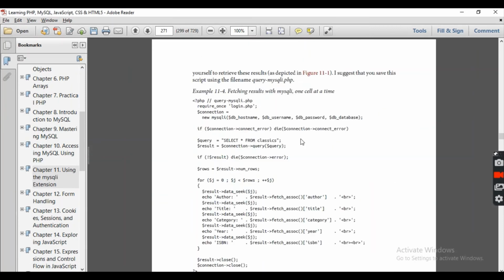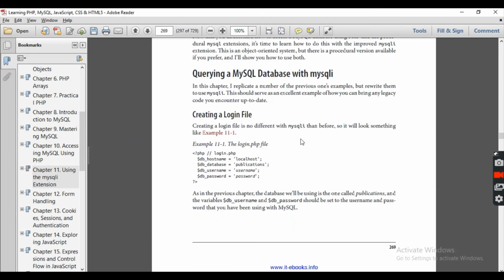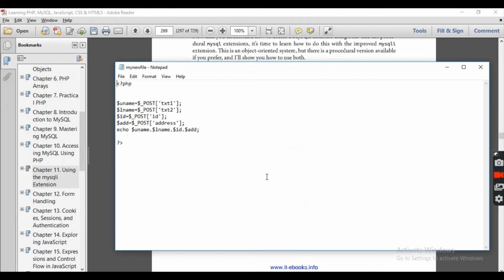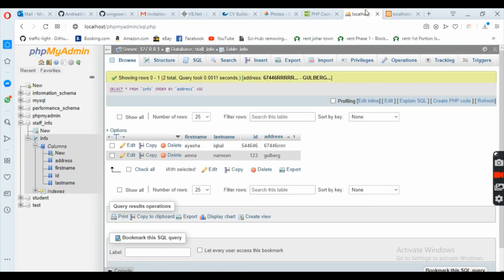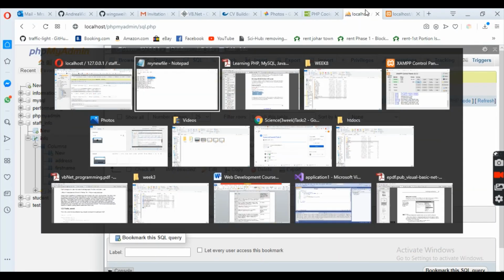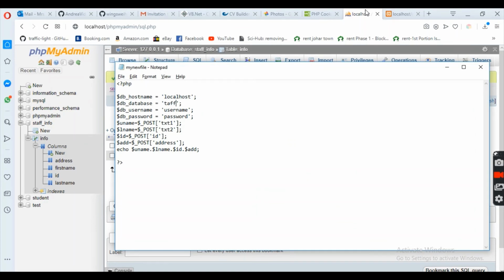From here I'm simply going to paste all the commands again, the username and password. Okay, localhost, and our database name, that I always forget, is staff underscore info, and the username is root, and it has no password.